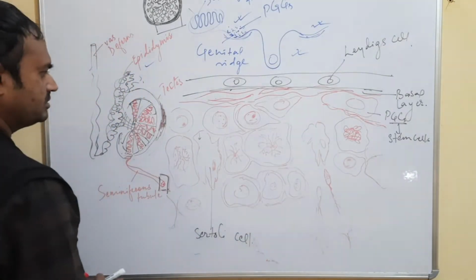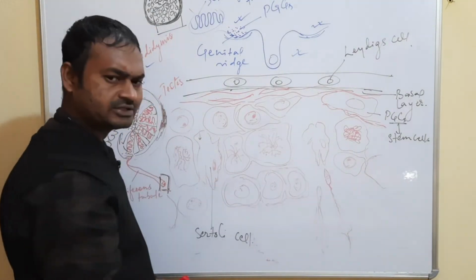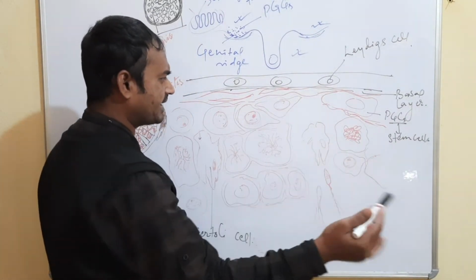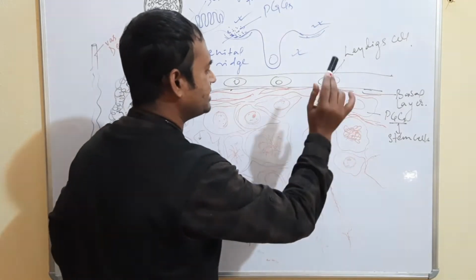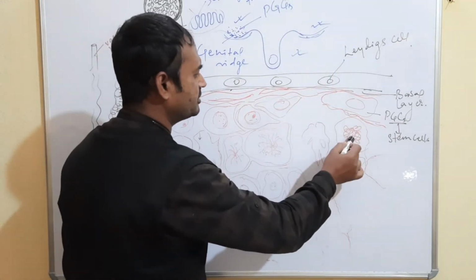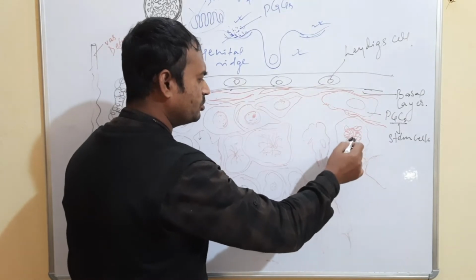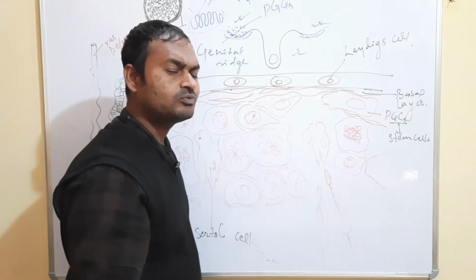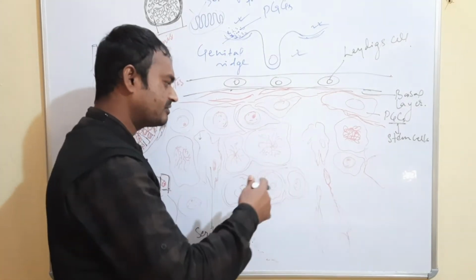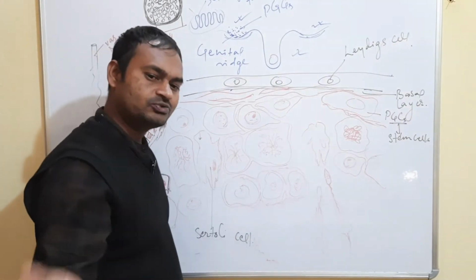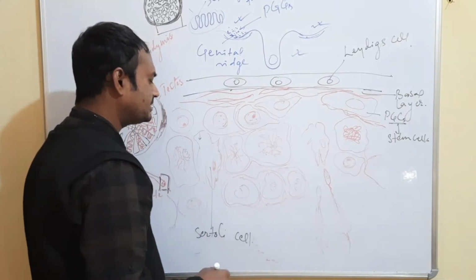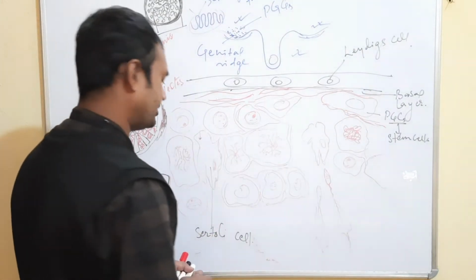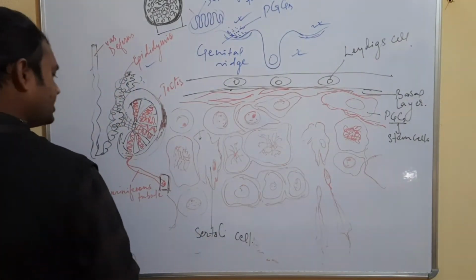Let us first see what these cells are. It is simple. These are the stem cells, and upon subsequent division this one turns into a different fate and this one into another different fate. We will discuss those fates one by one when we reach that part. First, let us understand the fate of this stem cell.